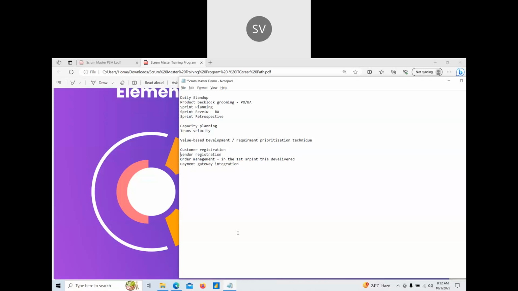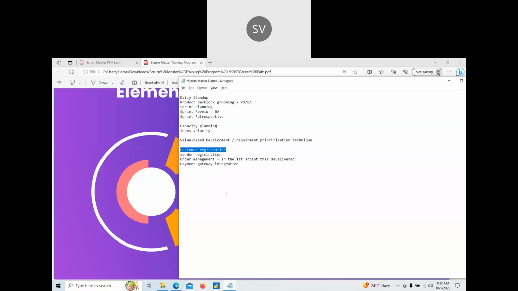Let us assume you have delivered customer registration first in the first sprint. Will this add any value to the client? Yes, right? Before customer registration, if you deliver order management, what will the client do with that feature? So if you deliver customer registration in the first sprint, this will add some value.